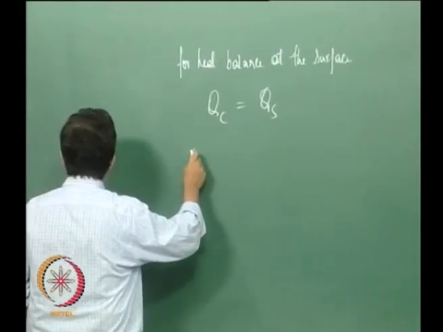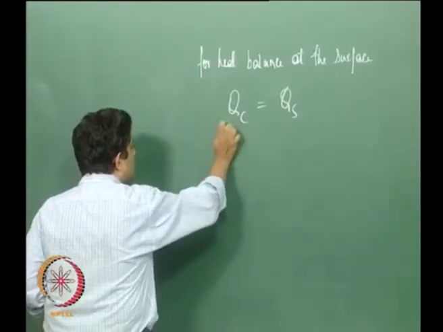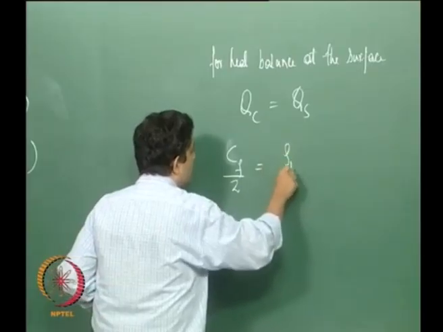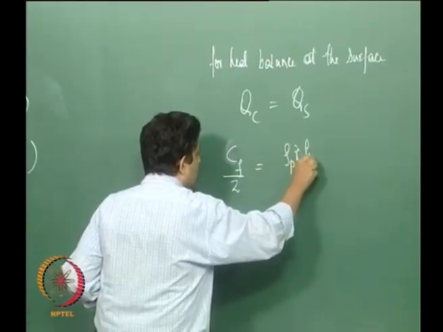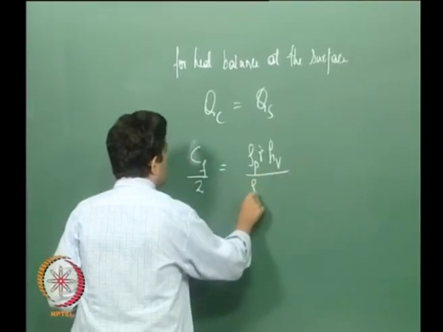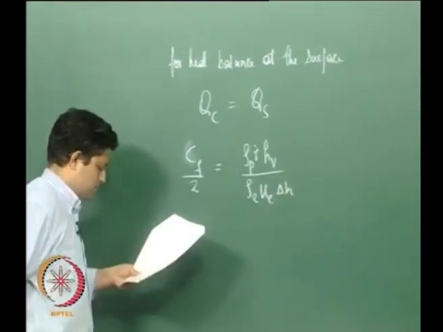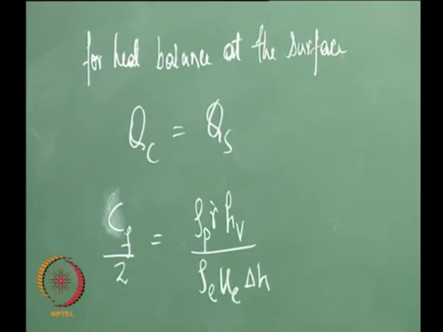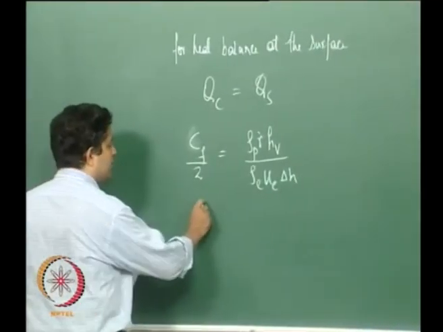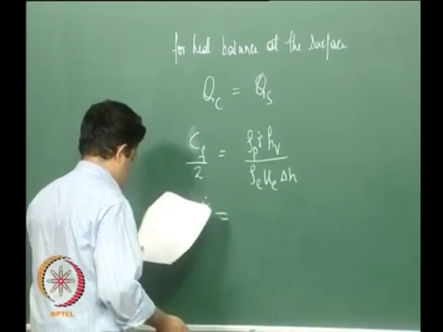So, I will get rho p or Cf by 2 is equal to rho p r dot hv, fine. Or in other words, I can rewrite the expression for r dot as r dot is equal to